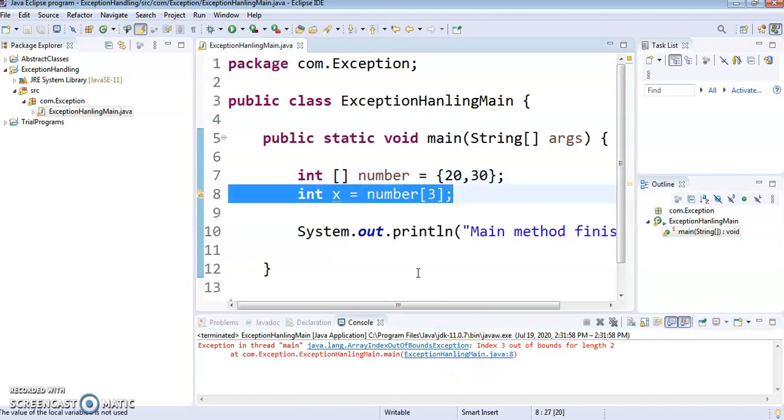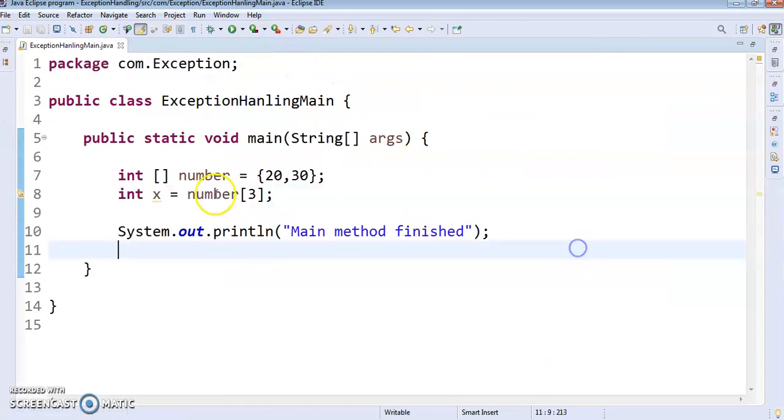If I click on this, it highlights the line where the exception is caused. One more thing: after the exception is caused, it is not going to execute the statements after it. So now we will see how to overcome these exceptions.